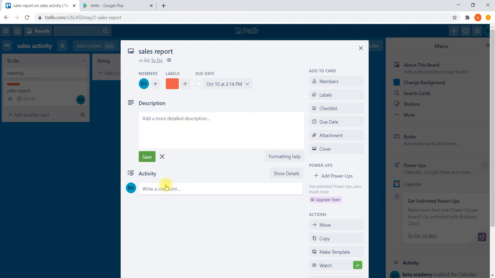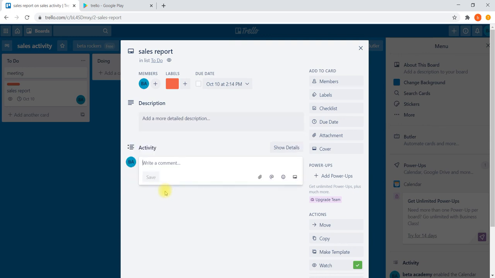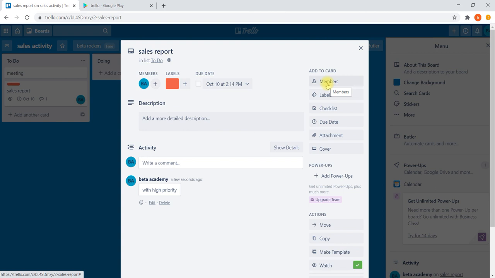And any comments you would like to write, you can write a comment here with high priority. Like this, what will happen, everyone can communicate here itself, and they can get the due date here.